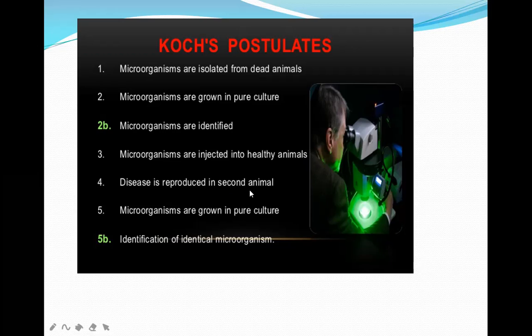ठीक है, तो माइक्रो ऑर्गेनिज्म फिर उसमें से आइसोलेट करने का, फिर उसको प्योर कल्चर में ग्रोथ करने का। फिर आइडेंटिफिकेशन ऑफ आइडेंटिकल माइक्रो ऑर्गेनिज्म। ये माइक्रो ऑर्गेनिज्म और वो माइक्रो ऑर्गेनिज्म अगर सेम है तो हम कन्फर्म कर सकते हैं कि ये पर्टिकुलर डिसीज इस पैथोजन से हुआ है। इतने स्टेप्स याद रखो, पोस्ट पोस्टुलेट क्या है ये याद रखो। इसमें कुछ पूछने का तो पूछ सकते हो।